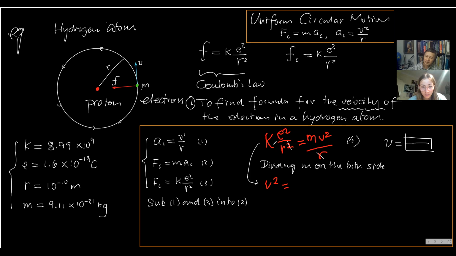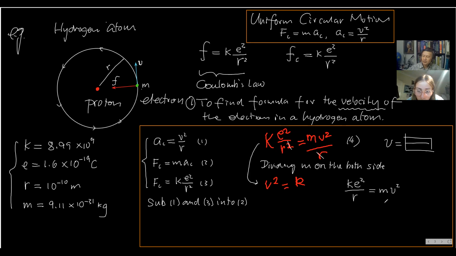K is constant. Would the M be on the top of the fraction or the bottom? So you are not sure, right? Can we just copy this equation 4? So that we got a fraction on the right-hand side. On the other hand, we got a product of M multiplied by V squared. Now, if we divide by M on both sides,